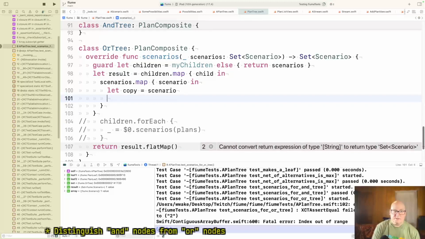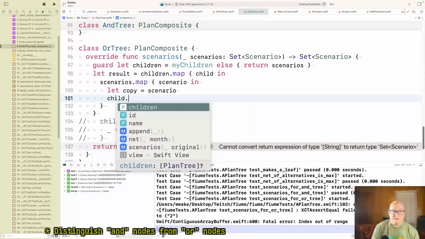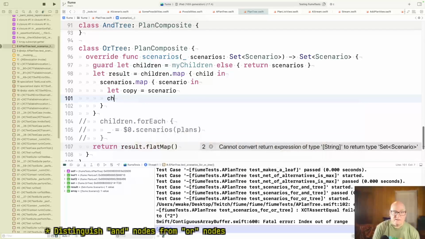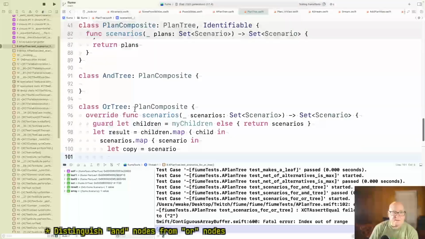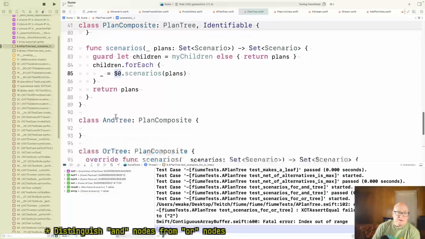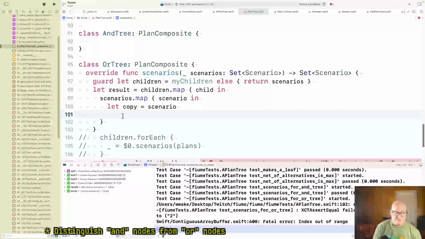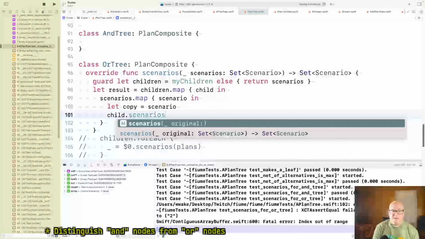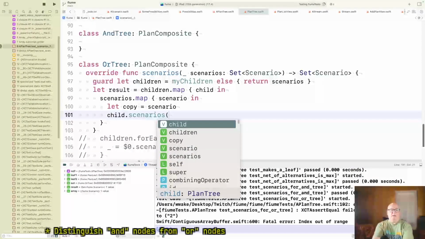That thing needs to do some work. He needs to say child dot append. No. Oh, let's go back up to this one. We call scenarios for plans. Okay, so this should do child dot scenarios. I'm getting buried.